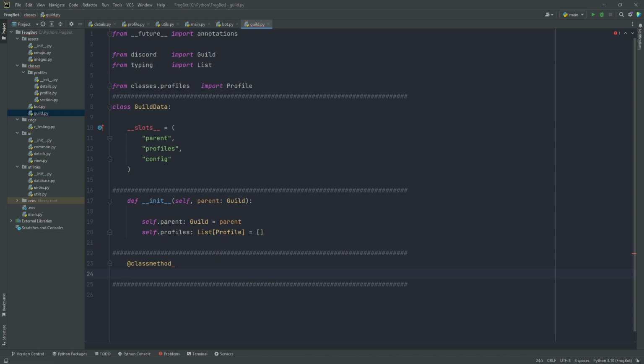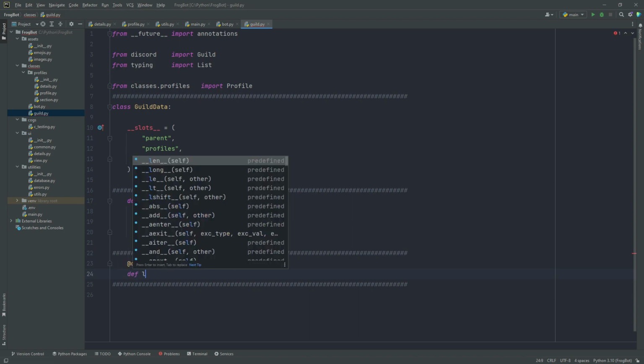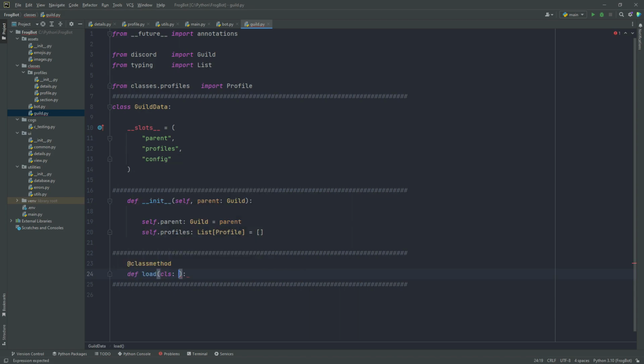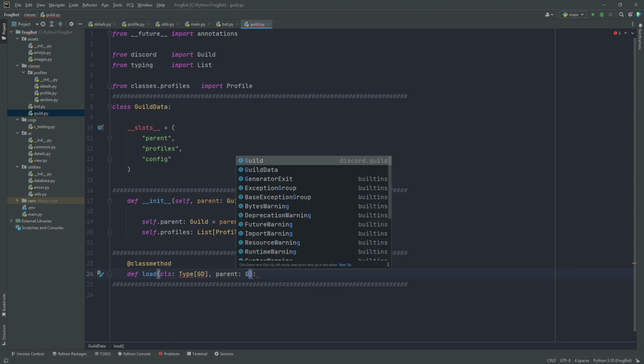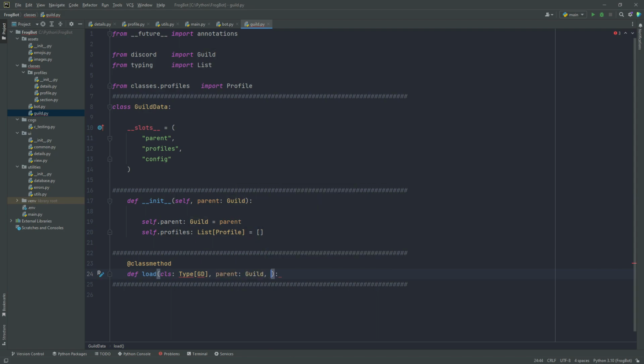So right here we're going to say def load, and this is going to be of type GuildData, which we're going to define in a second. It's going to be GD. Our parent is going to be a Guild. And then later on we're going to take posting channels, the ones that we can post our profiles to, but for now we aren't going to do that. And then this is going to return a GuildData. All right, so let's make sure that we import Type and TypeVar